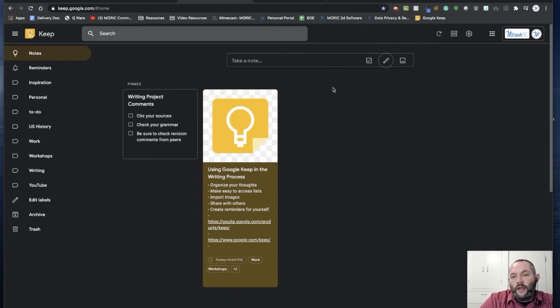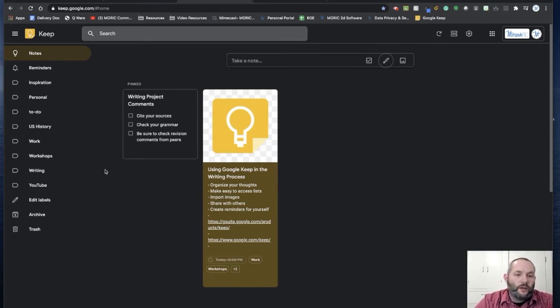You'll notice too, as I'm working along, I was making changes. This refresh icon actually changes and it shows like a little cloud. And then once all your changes are saved to your Google account, the cloud gets a check mark on it. So if you see that refreshing in the background, that's all that's happening. It's saving to your Google account so that you can access these now on all of your devices.